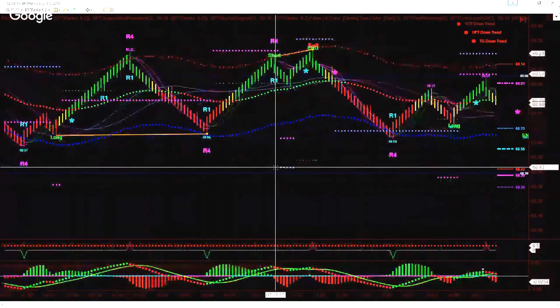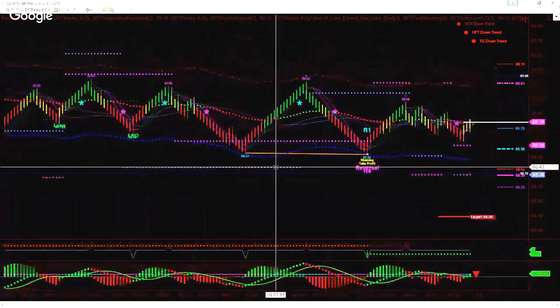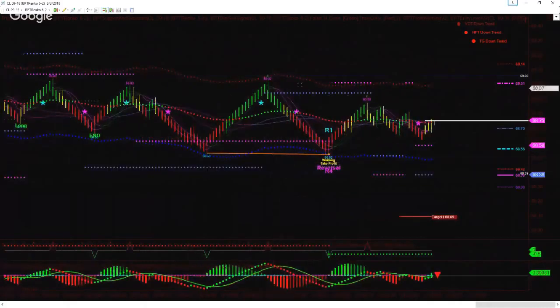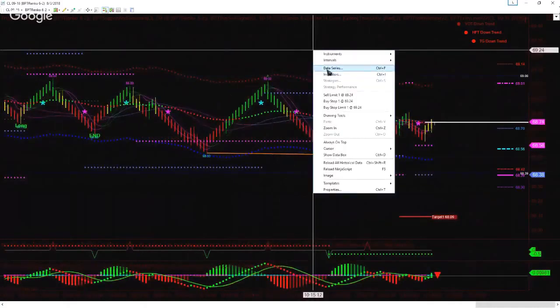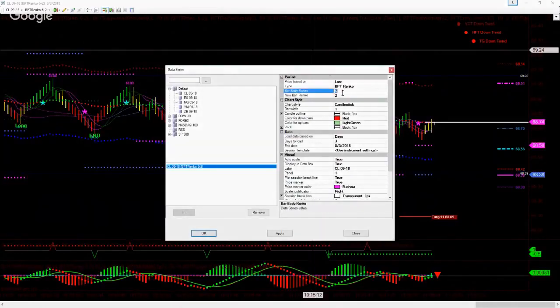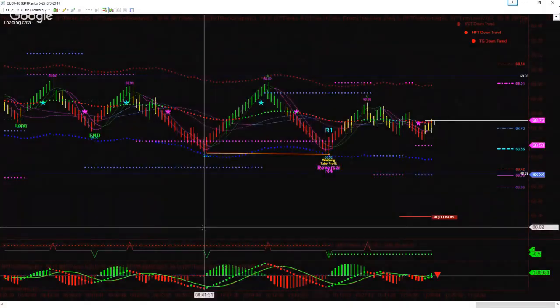Now, this is the CL. You can use a 6-2 Renko bar. Now, on that matter, if you want to use an ES, where it is the most popular, you need to use a bit smaller chart. As an example, 3-1. The reason is the ES does not move a lot.